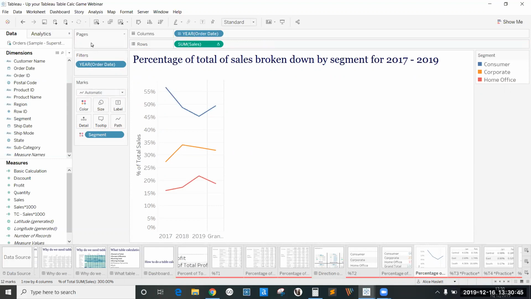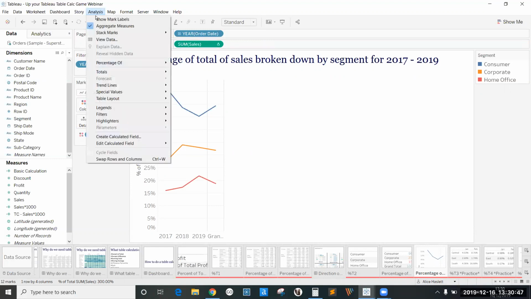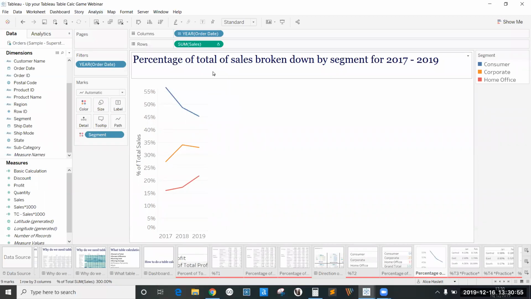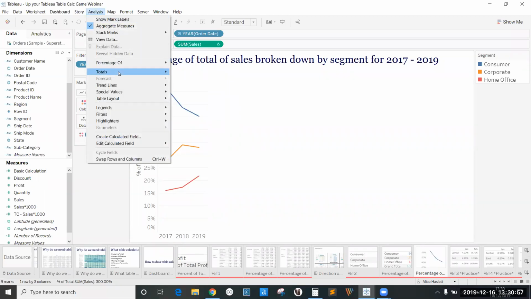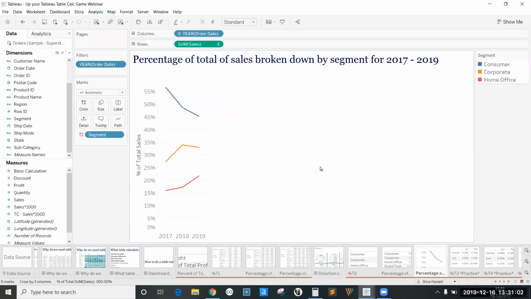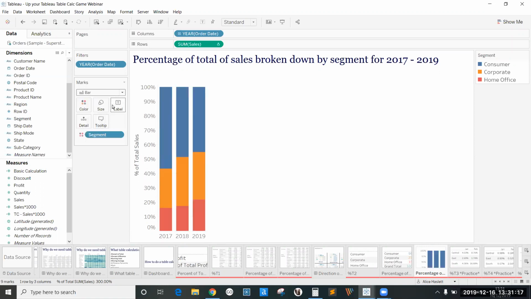So I'm going to go into analysis at the top in the toolbar. I'll go down to totals, and I just need to unselect each of these. So analysis, totals, and then we just need to unselect them. Wonderful. So this line chart isn't that helpful. It doesn't really help us to visually see what's happening. So I'm going to go over to the marks card and change the chart type. I want to try and make this a bar. Now we can see it all adds up to 100%